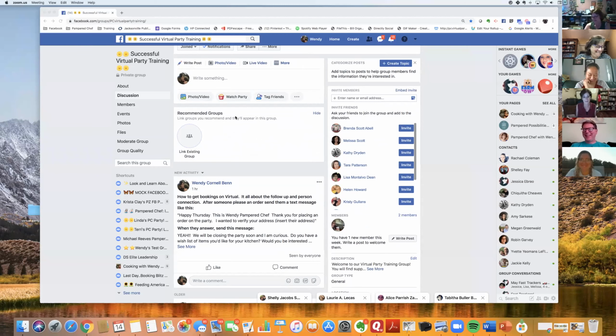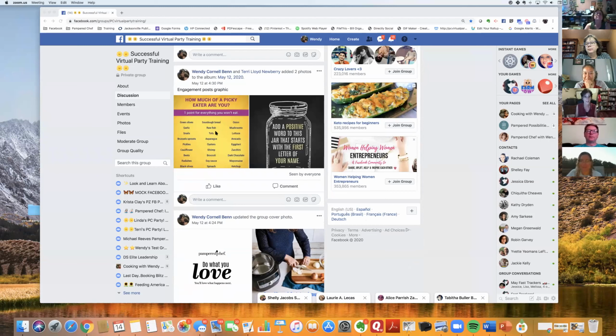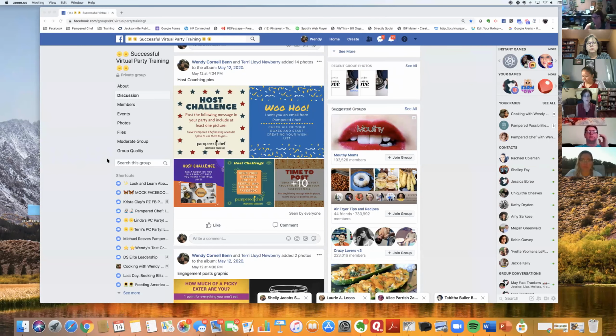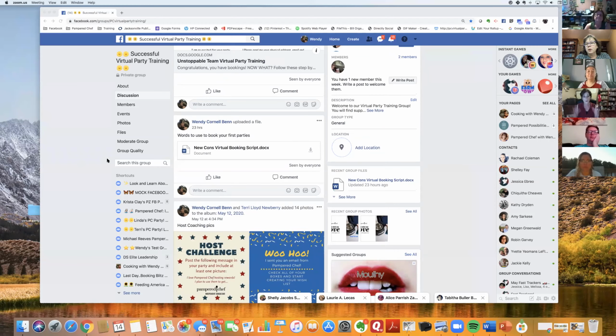But besides that, what we want to do is create a place you can go that's going to have everything you're going to need. If you want different engagement posts, if you want host coaching posts, we're going to try and put everything in here. We wanted to create this so whether you're a brand new consultant or a seasoned consultant, you'll have some great value from this page. So we are going to divide it up and do posts so everybody can easily understand them.